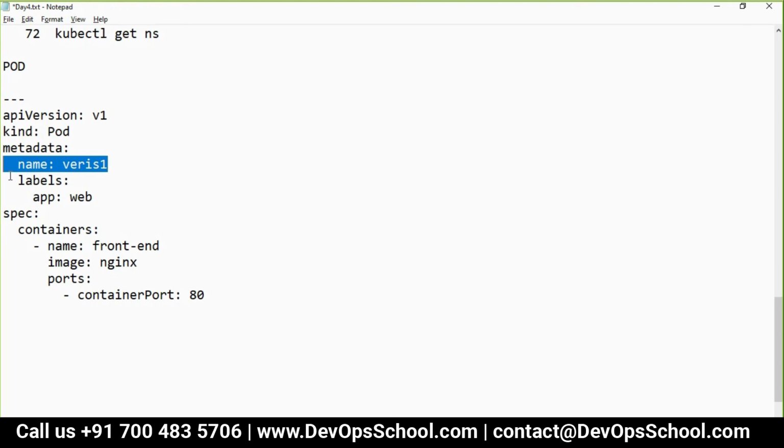So you created a pod, but after that, how do I identify that pod? So this name will be used for that. And because a pod is created inside a namespace, the name has to be unique within a namespace. For example, let me put it this way. Let's say your family and my family. We have two families.